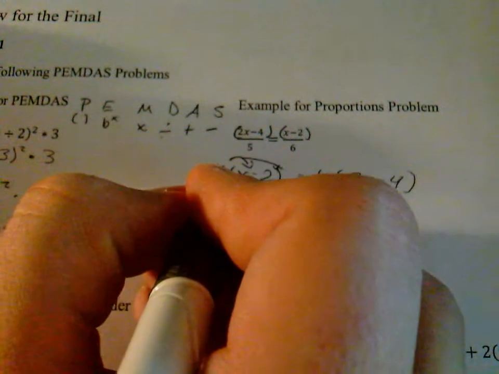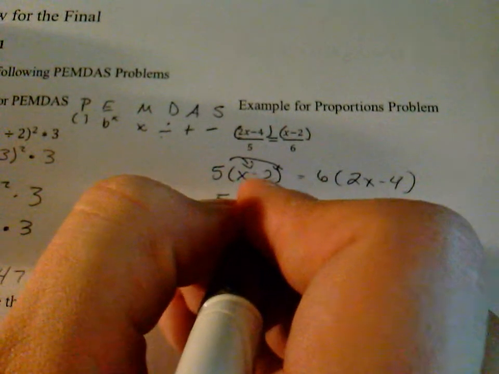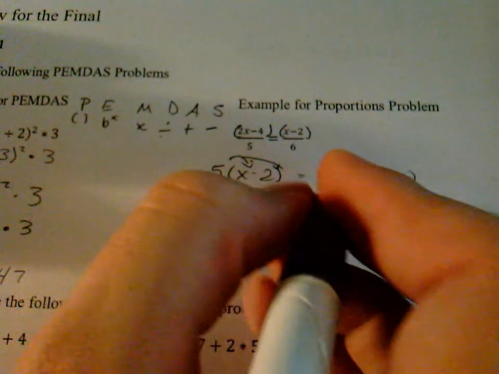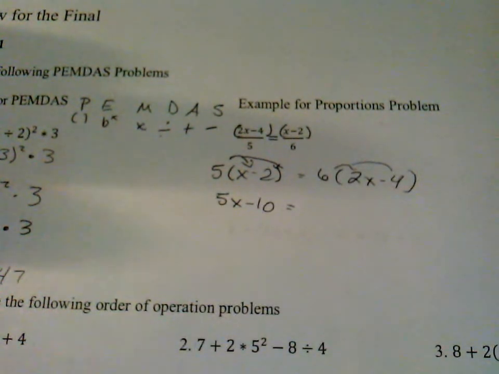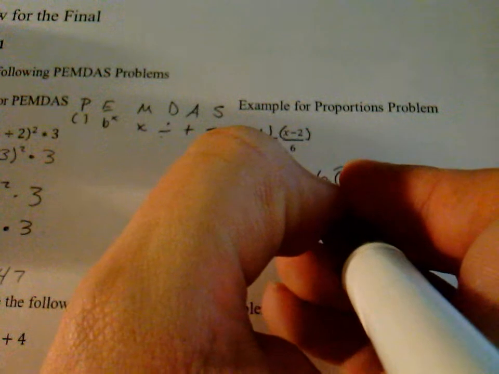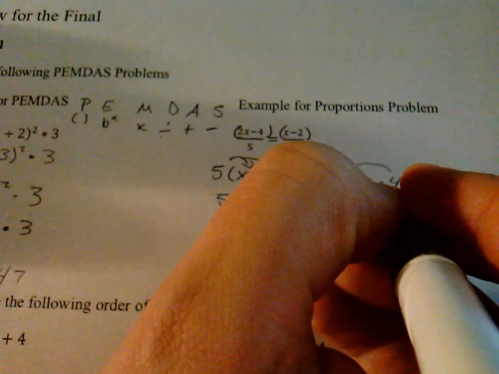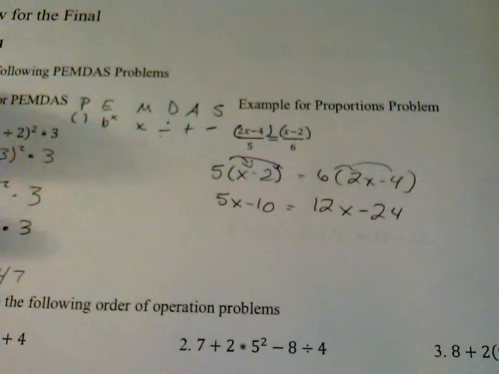So you get 5x minus 10 equals, and we're going to distribute the other side. We're going to get 12x minus 24. Okay. Next step